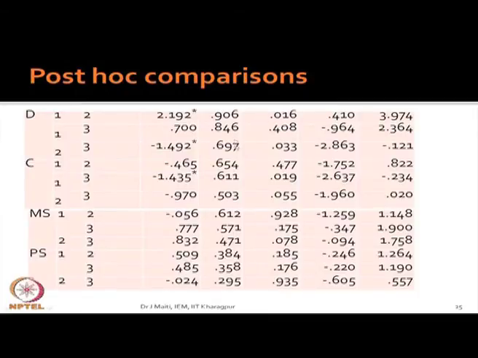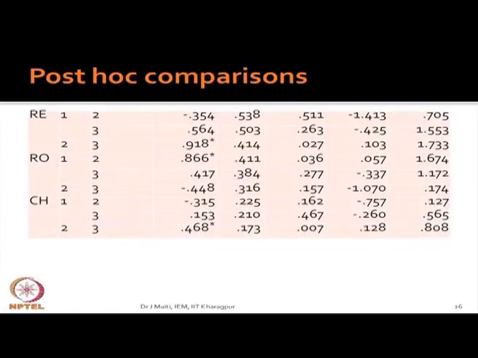Okay. This is the mean difference, this is the standard error, this is the significance level, this is the lower confidence limit and the upper confidence limit. And you see wherever a star is there, there is no 0 in between, like 0.41 to 3.9, no 0. Where the interval spans -2 to plus, there the star is not there. Getting me?